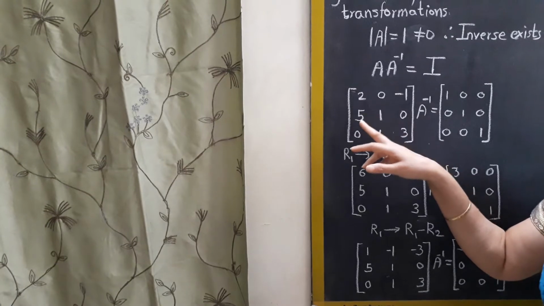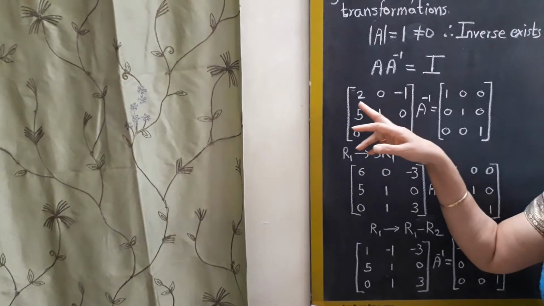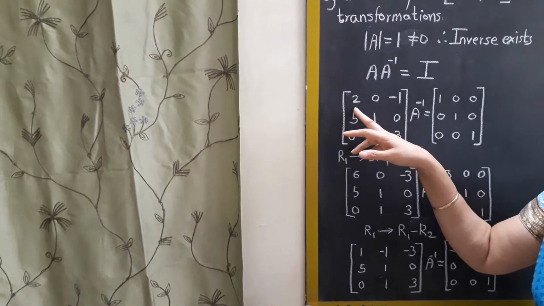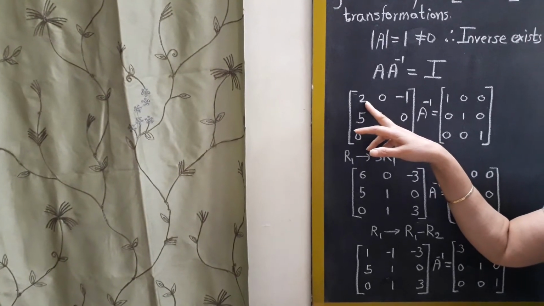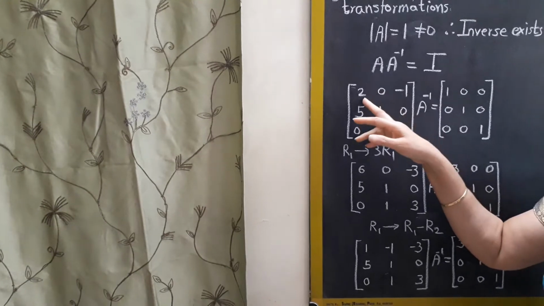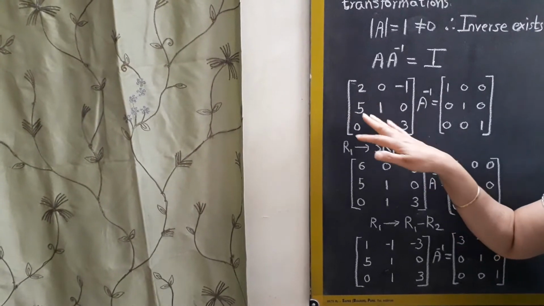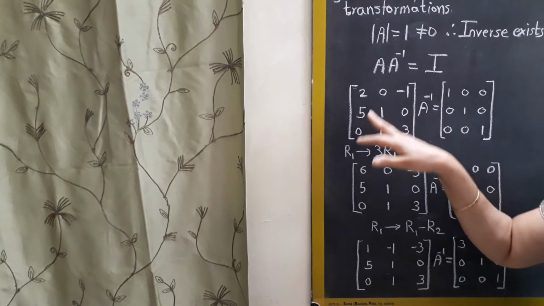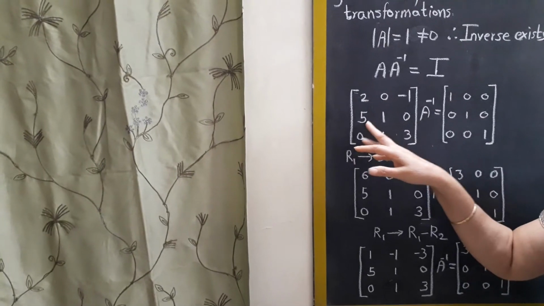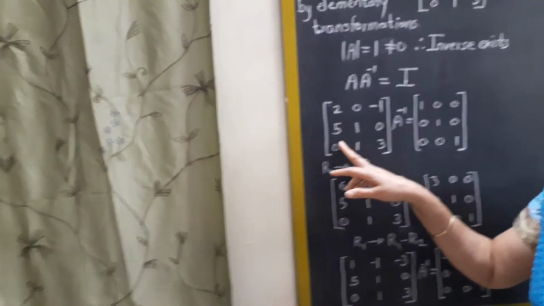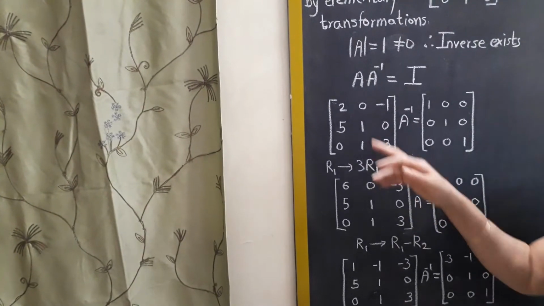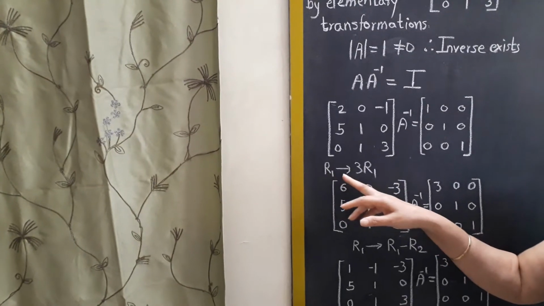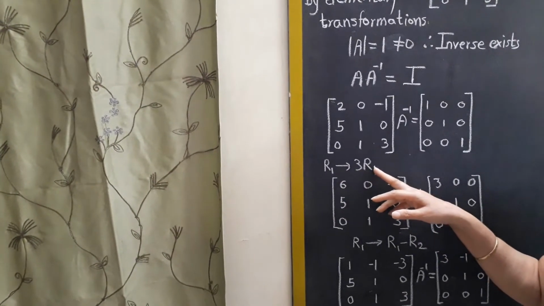And 6 minus 5 in the next step will give me 1. So I will prefer now to multiply by 3. It is your choice. You can multiply by 2 so that R2 minus R1 you will get it as 1. But 1 will be in the R2 in that case, and you will have to interchange the rows. So I don't want to interchange the rows, so I prefer this.